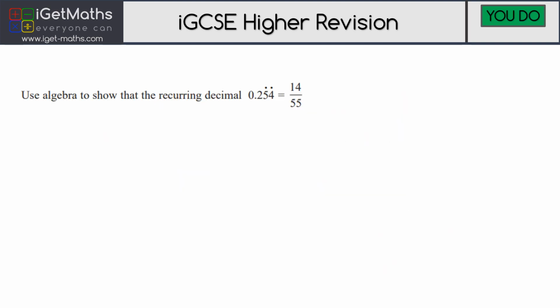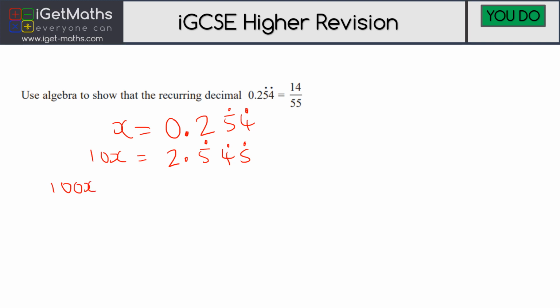Okay, so use algebra to show that the recurring decimal 0.254 recurring equals 14 over 55. So if we get x equals 0.254 recurring, 10x is going to equal 2.545 recurring, 100x is going to equal 25.454 recurring,